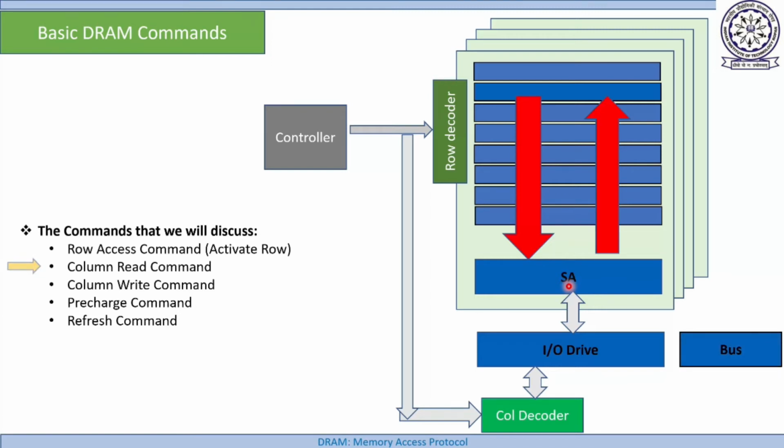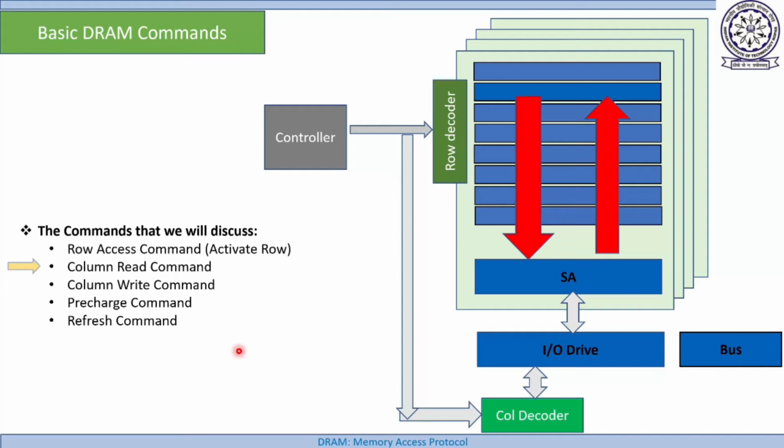So you can see that there are multiple phases of this command. The controller just sends a column read command here. Based on this command, first of all, a particular column from this sense amplifier is transferred to the input output driver, and then in the next phase, from the input output driver, the same data is transferred to the data bus for the DRAM controller. So there are many phases for this column read command, but all these phases are internally managed by the DRAM device. The controller just needs to send the column read command. Once this command reaches the DRAM device, the rest of the things get automatically performed in the DRAM device.